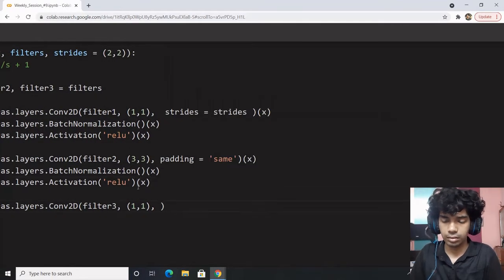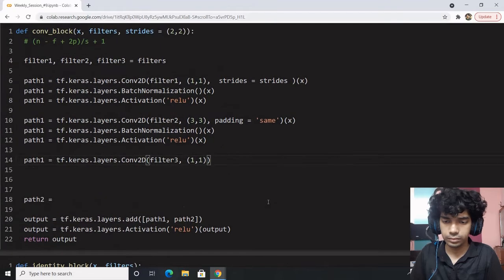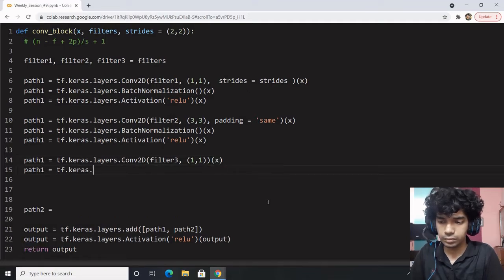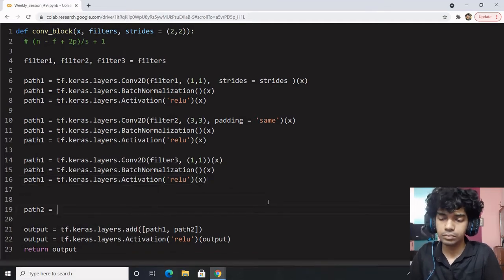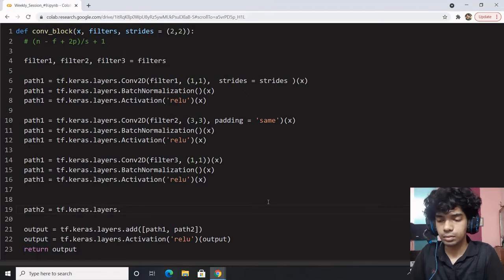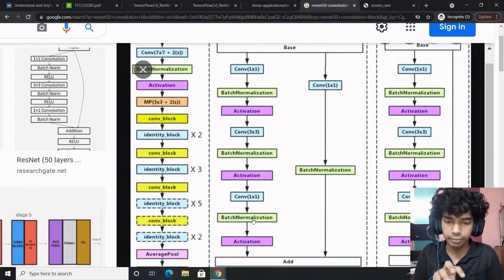Nothing else. Since we want to add, logically it should be filter 3, because else we won't be able to add, right? The number of filters should be filter 3.